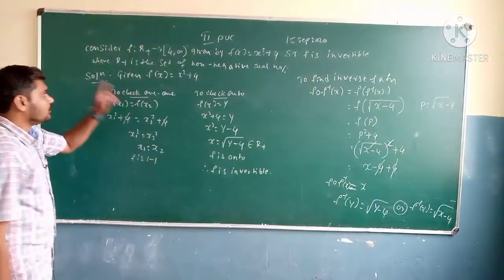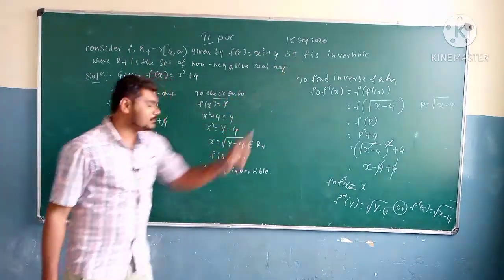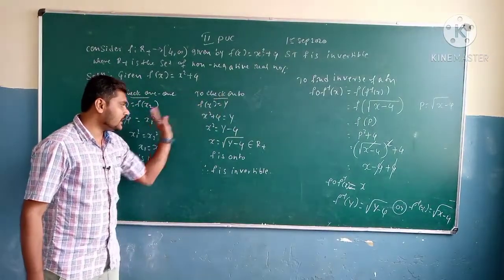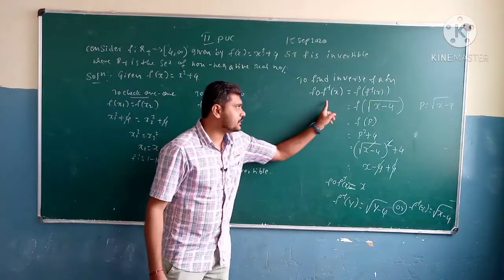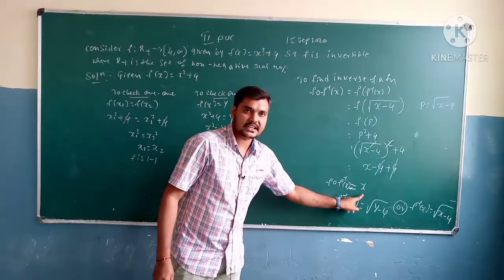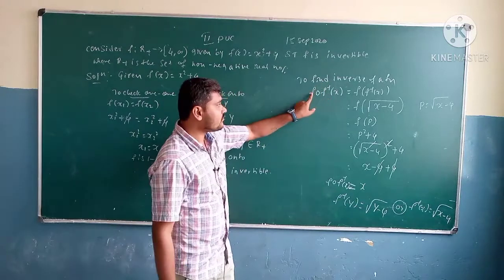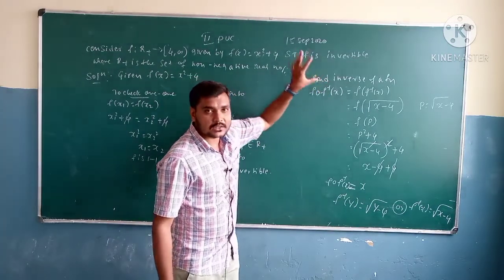Observe. First, check whether the function we were given is invertible. To check invertibility, we need to check for one function and for the other function. If both hold, then it is invertible. If it is invertible, what is the inverse function? To verify the inverse function, I need to get identity x or identity y. So I am taking f inverse of x, because f inverse of x is going to be the inverse function.